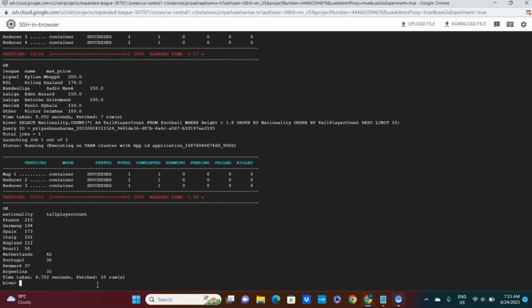So here we have the output, and we can provide observations such as the countries recognized for their significant representation of tall players include France, Germany, Spain, Italy, England, Brazil. Notably, France leads the list with a total of 215 tall players, closely followed by Germany with 194 players. Spain follows suit with 173 tall players, while Italy boasts 151 players. England demonstrates a notable presence with 112 tall players, whereas Brazil features 58 players, and Argentina concludes the list with